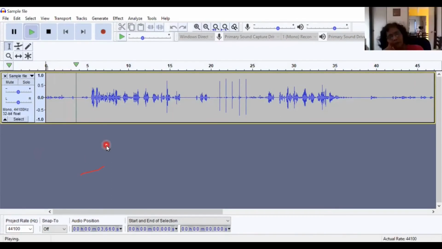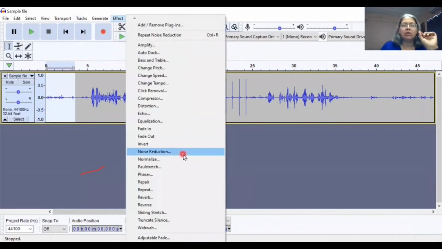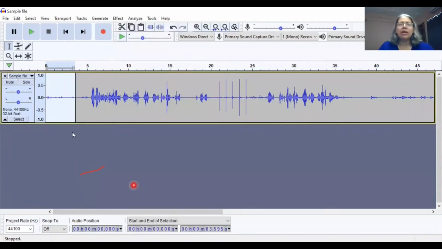Very, very tiny sounds, but if you use an earphone bud, then they're very bothersome. So we have just selected Effect, Noise Reduction, Get Noise Profile first. All that we have done before is to reduce this kind of noise.